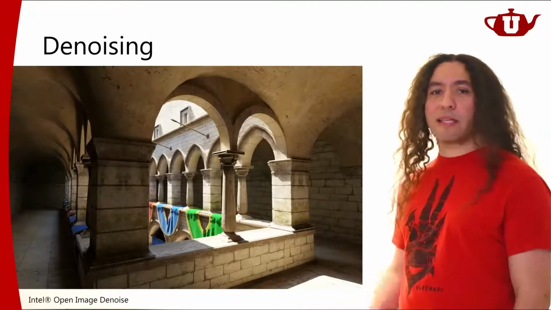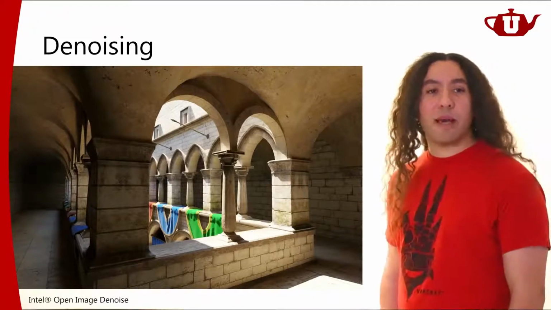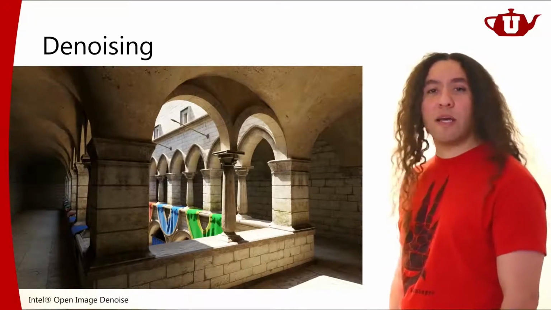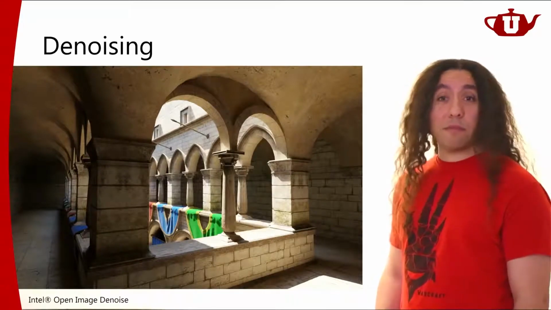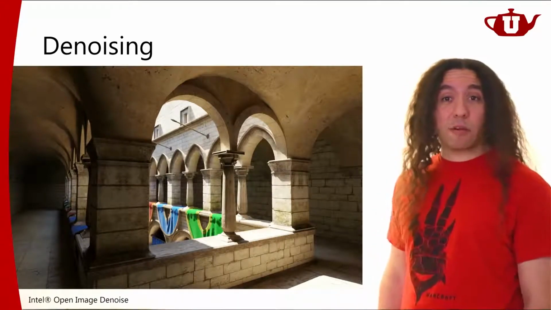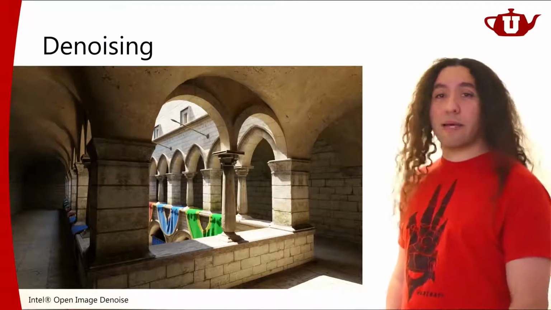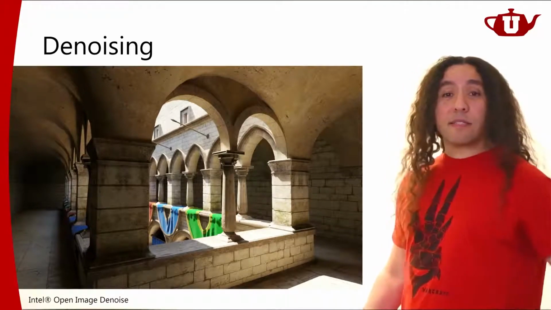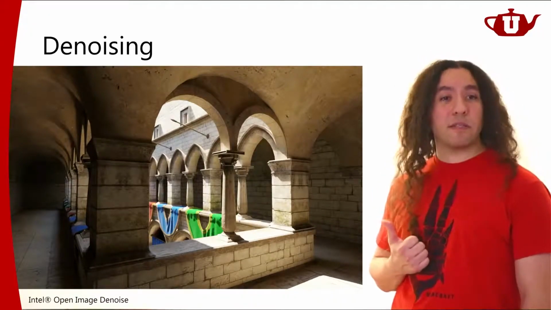And we have pretty good denoising algorithms today. This is just one example, Intel's denoiser. Other companies have denoising algorithms as well. There's quite a good collection of denoising algorithms that exist today. It's still an active research topic. But yes, we have very good algorithms for this, and we can generate images that look like they're totally converged. So this is going to work using what we call image space filters.